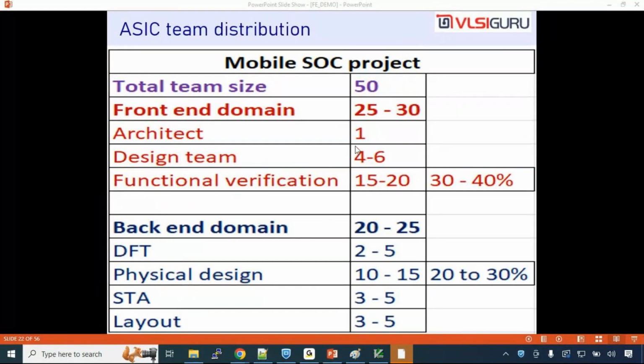But as I said, there is a flexibility for you. You choose any domain, up to 2 months, you can switch to the other domain. Mostly people don't do that, but you have a flexibility to